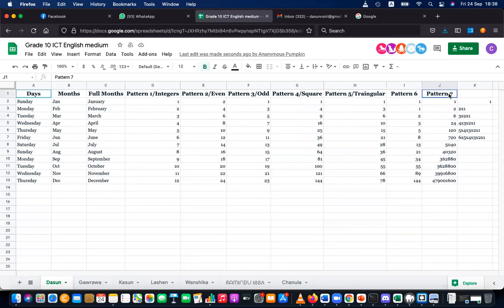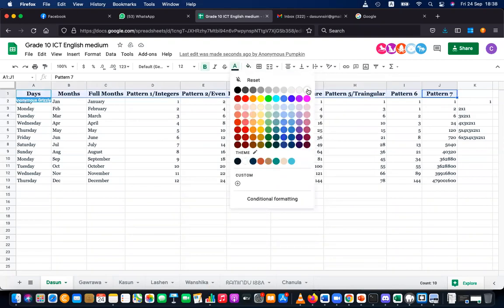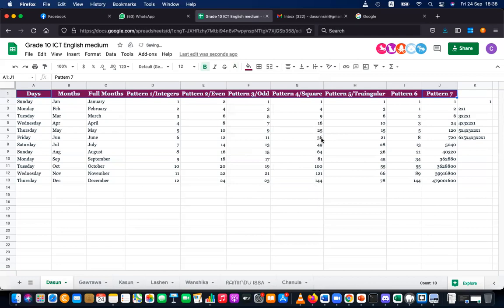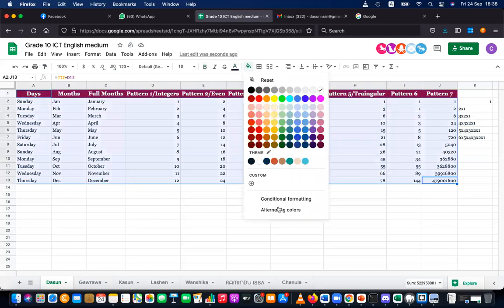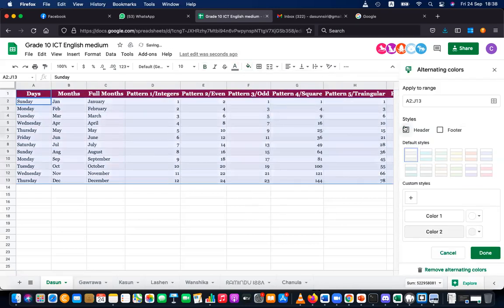Okay, after that, I'm going to add the font color. Let's change the font color to white, and the background color, I'm going to change it to a color like this. Okay, then select everything. And I'm going to apply a fill color, but this is actually an alternative fill color, so that we except the header. I need the other cells to be filled in this format. This looks okay, sounds okay for me. This one, I'll select this one.